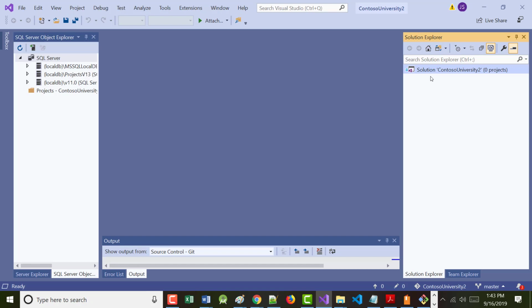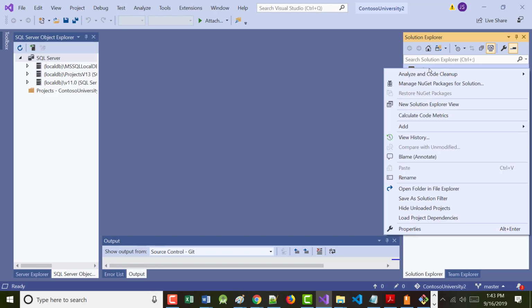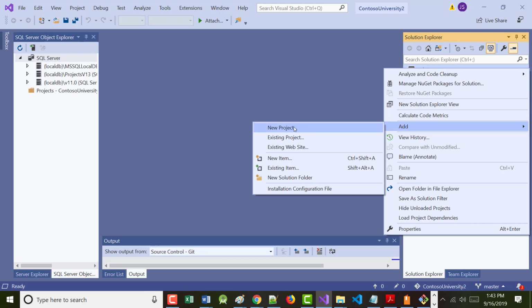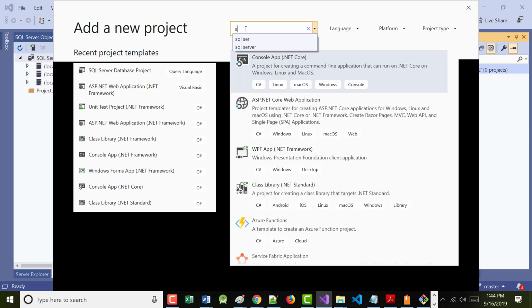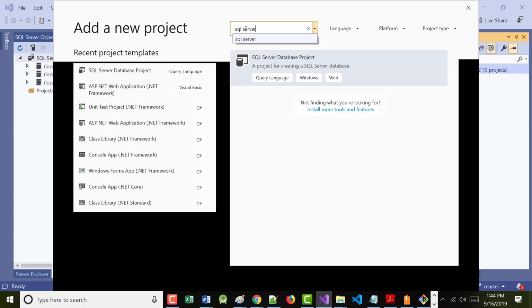So I'm going to right mouse click on here, and I'm going to choose Add New Project. Right mouse click, choose Add New Project. And once I do, you can already see it here. That's what I want. Yours may not show, so I'm going to go into the search bar again, and I'm going to type in SQL Server.